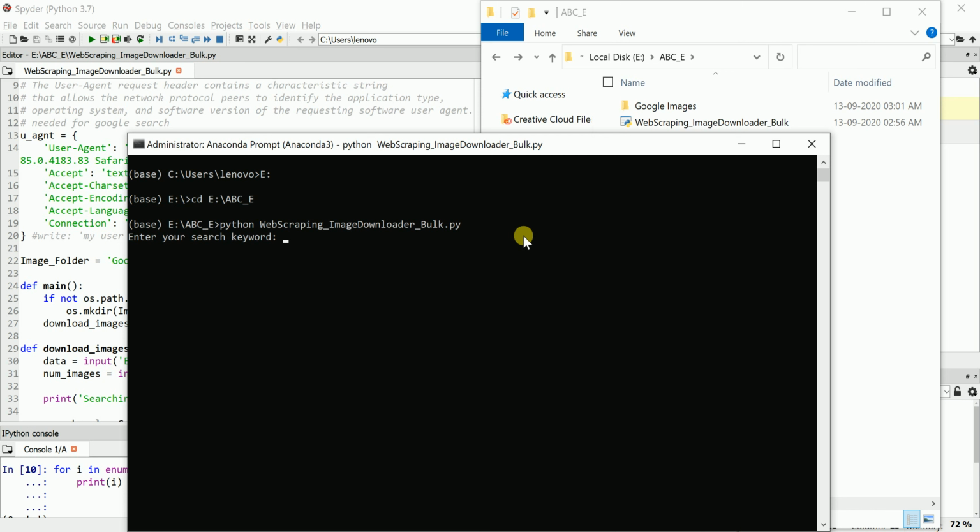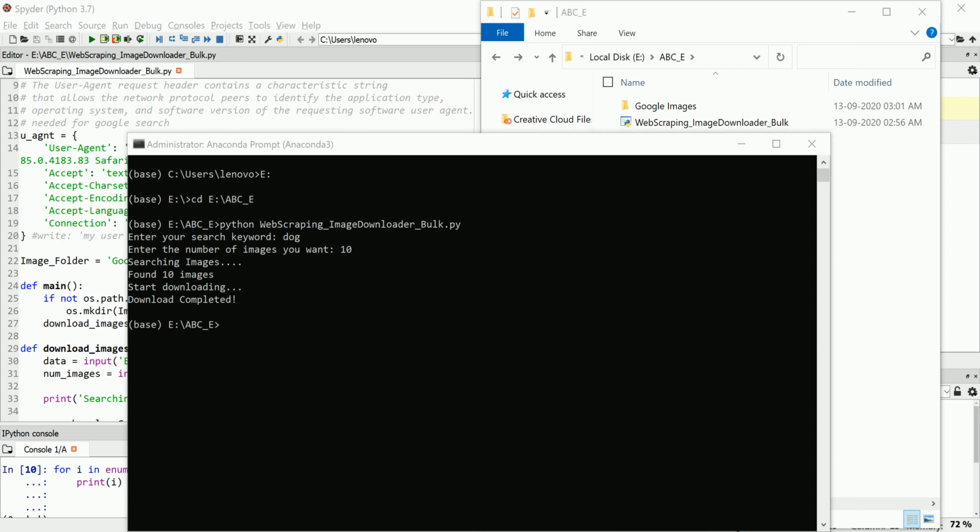Enter your search key. What do you want? Dog. Enter how many images I want. Let's take 10. Searching images, found 10 images. Start downloading. Download completed. Okay, let me go to the file.